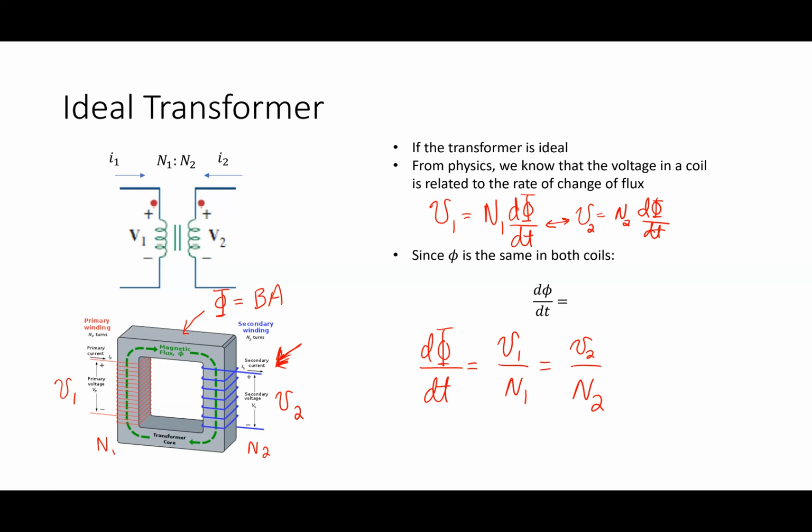The thing that I always remember about this, and we're going to see this as we go through here, is that the side with more turns has more voltage. It's always the case that the side with more turns has more voltage. It kind of makes sense. If there are more coils there, I'm adding up a lot of fluxes through a lot of coils, so it's going to have more voltage. We'll do an example problem as we go through here. So that's our first relationship.